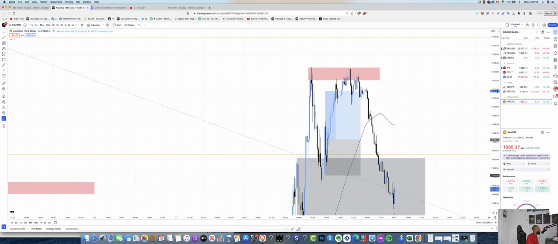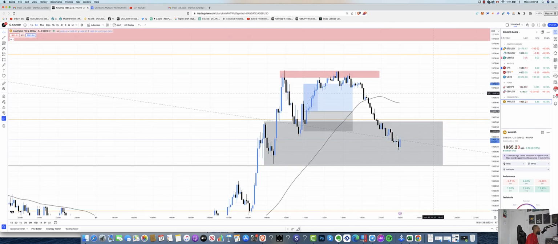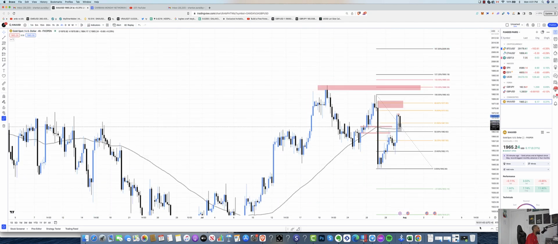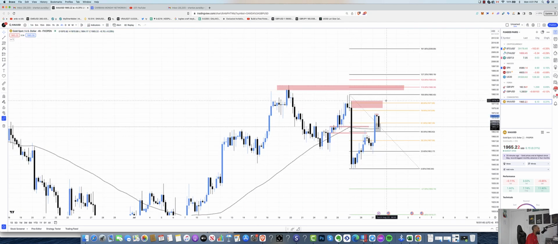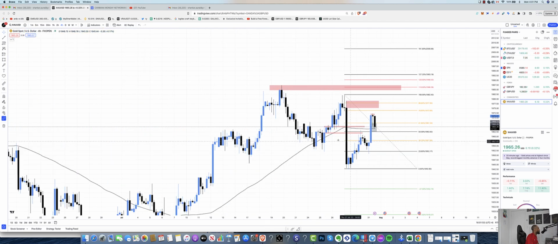All right, guys. So today we're looking at gold. We're looking at gold right now. And so what we're going to do is we're just going to zoom out on the chart here, kind of show you what we were looking at. So right now, gold is in the downtrend. So I have gold right now looking bearish. And the reason why I was looking bearish is because we have